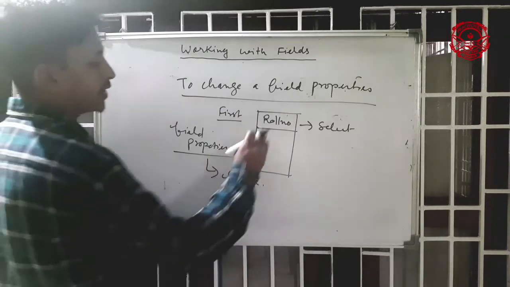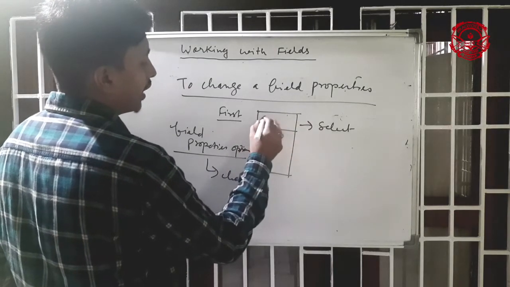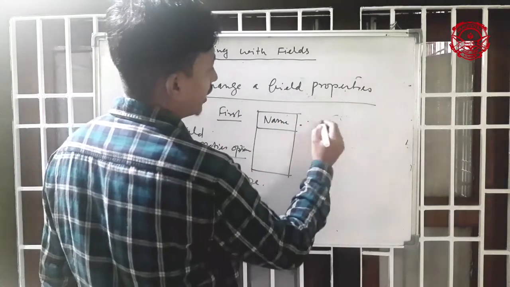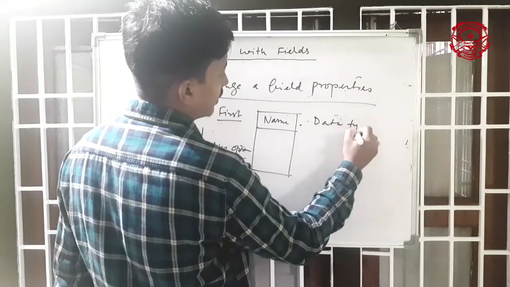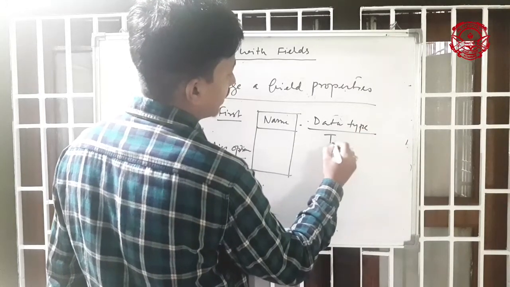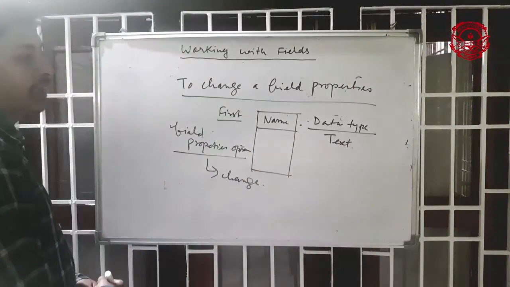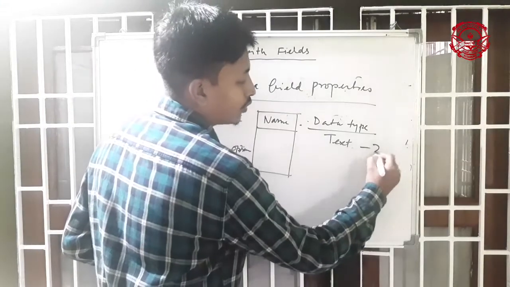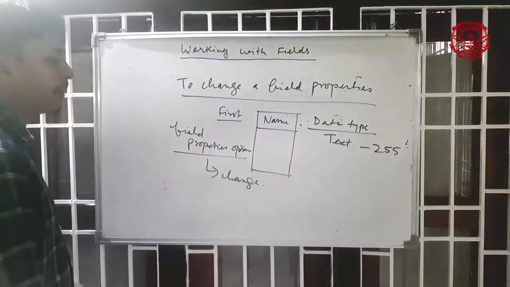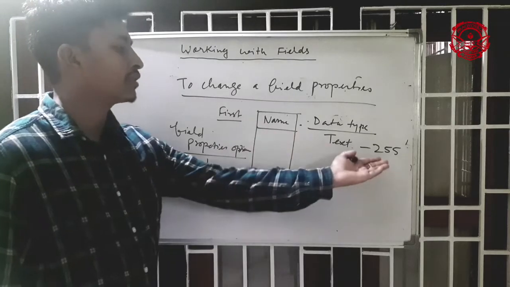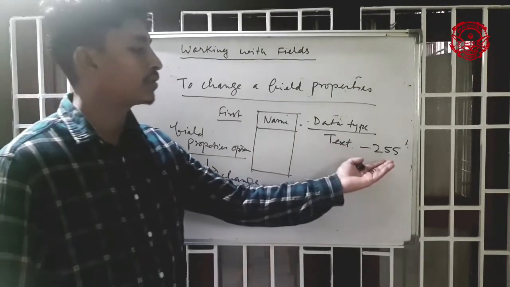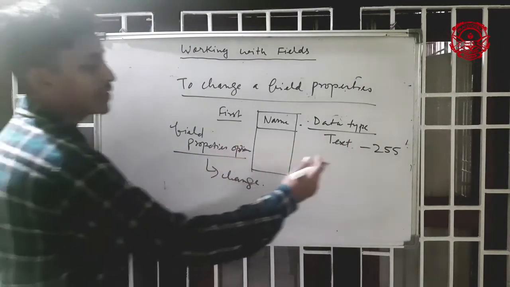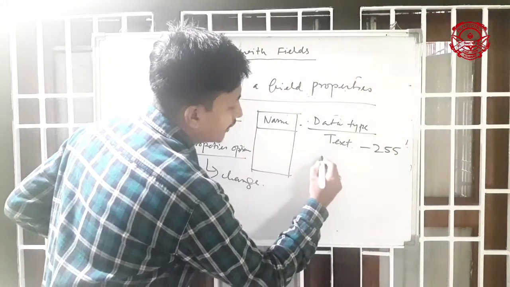Okay, so the example is not a roll number. This is a name. The data type should be text. The maximum number of characters you can enter is 255. But I don't want to store 255 characters, a name cannot be 255 characters long. So that's why you can change the 255 to, say, 50.